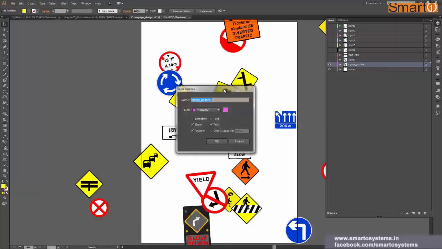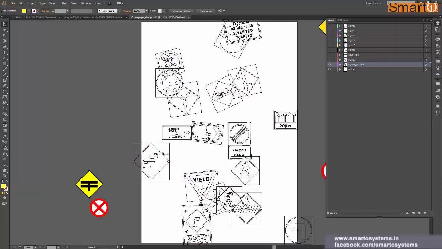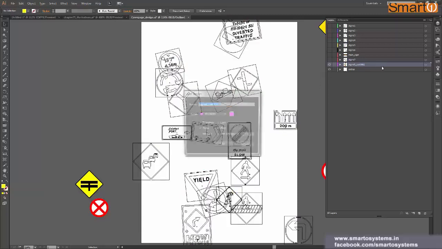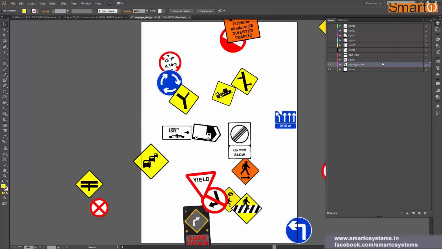It's just that we got a separate window for it right now. Now we have this preview. It is like showing this layer in outline mode. The same thing we saw when we press Control click on this eye. So it's the same thing, and if you check this, then you get this preview mode. Otherwise the layer will be visible in outline mode.